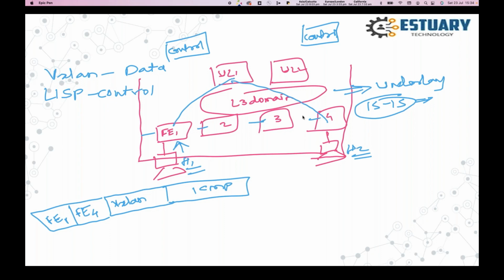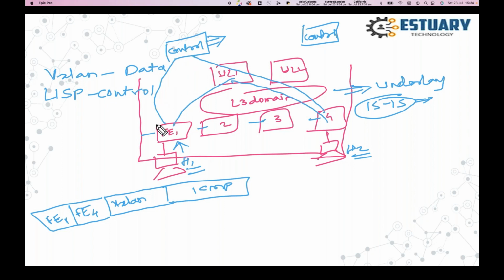To get the information about fabric edge 4, the control node will give that information. So there should be a request or additional control plane processing to get this data and then send across this packet here. And that is happening through the control node.